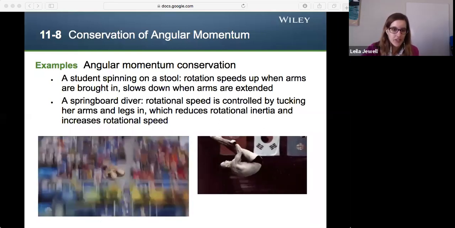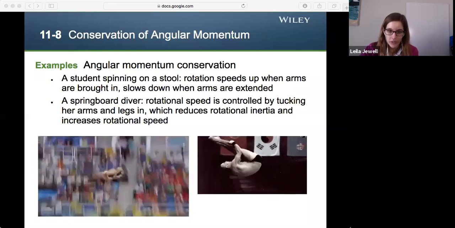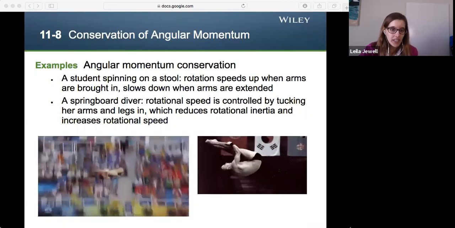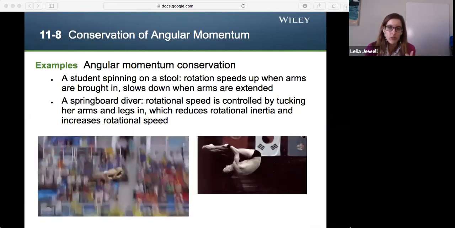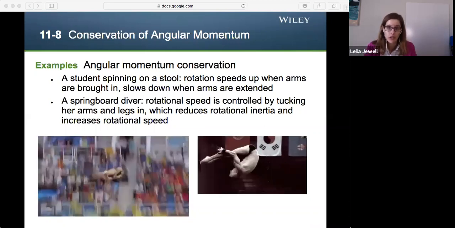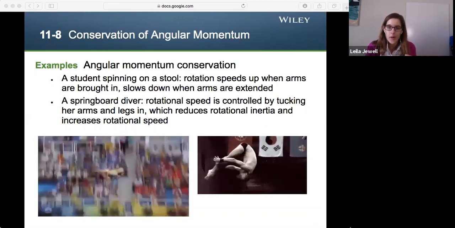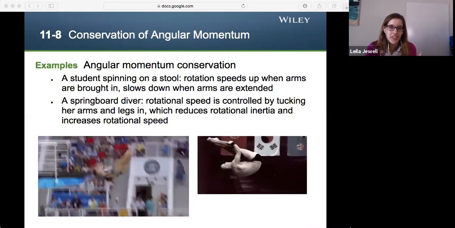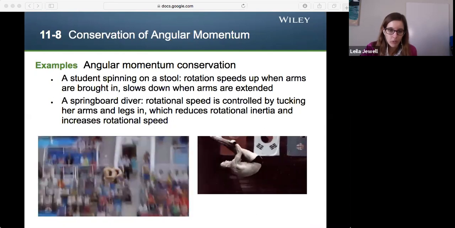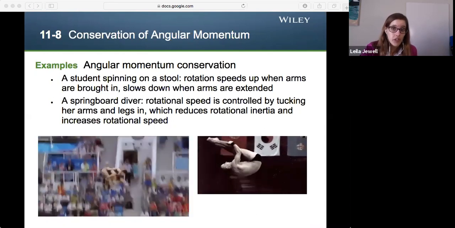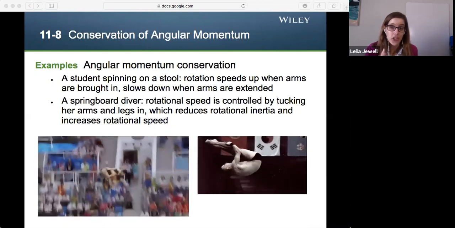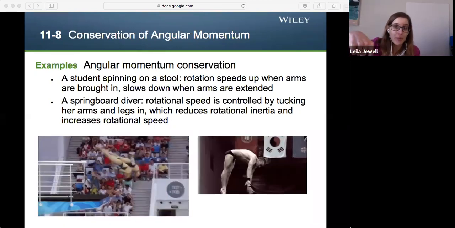So the divers who do the crazy flips, their rotational speed is controlled by tucking their arms and legs in, which reduces the rotational inertia and increases the rotational speed to get all those flips in. But it turns out at the end, it's not that they stop rotating. When they open up just before hitting the water, they have the greatest rotational inertia, so they slow the rotation down, but they have to time the rotation just so that they happen to be pointing down when they enter